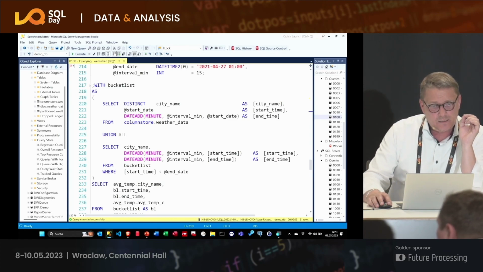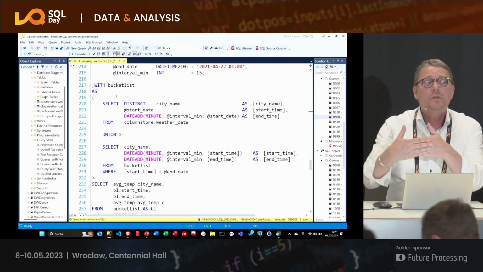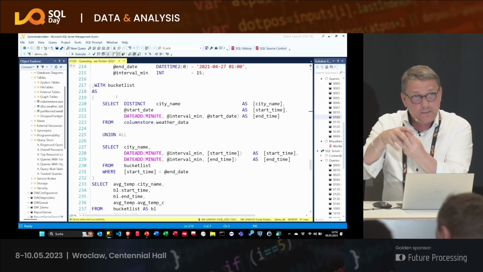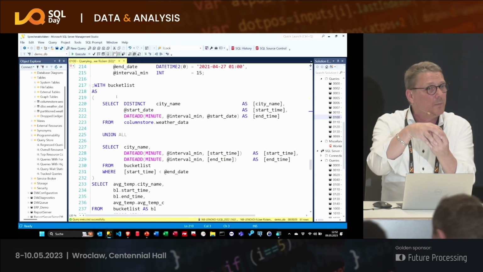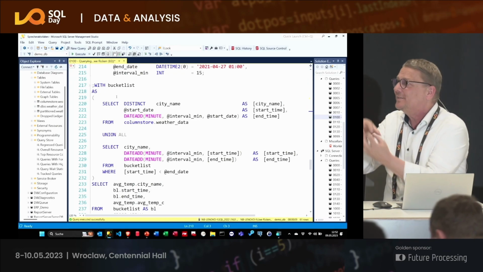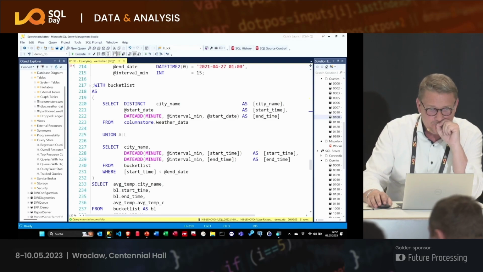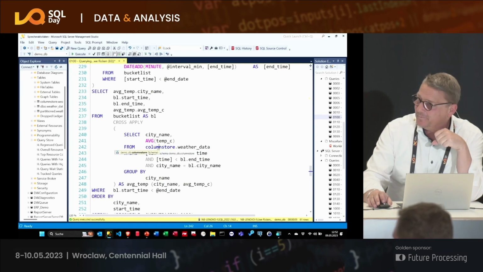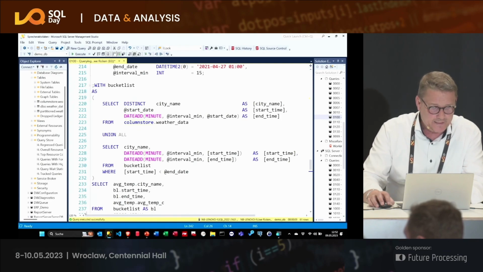I'm using the column store data for my CTE to get my 10 companies. And believe it or not, that will go very, very quick. Because we need a scan, I think you all are clear that we need a scan on the object. But the column store is highly compressed, and that makes it incredibly fast. Then I'm using it here the same way for the calculation. And that is a killer.